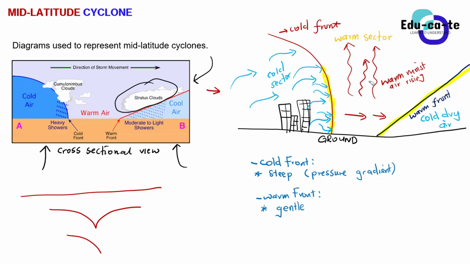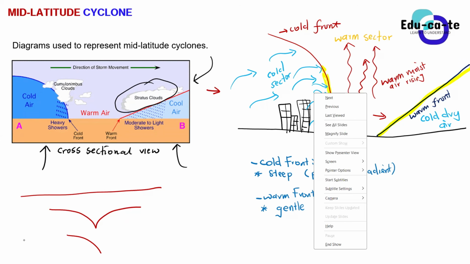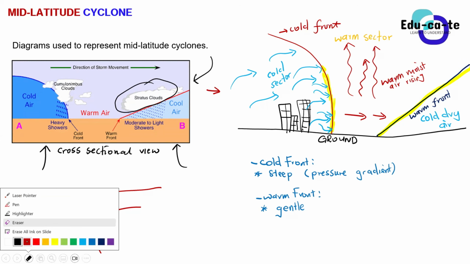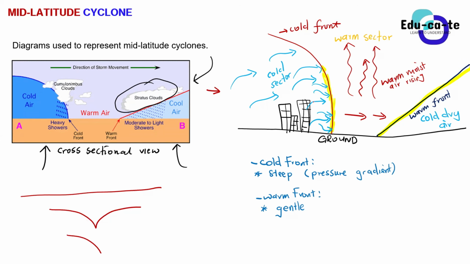So we have warm air that is rising here in the warm sector. The warm air is always rising, but the cold air is sinking. Most of the time the diagrams they use will show these arrows. The arrows for cold air will be sinking to show that the cold air is heavy. That's why I'm making my arrows a bit curved, to make them seem like they are sinking. Okay. Yes, Yango.